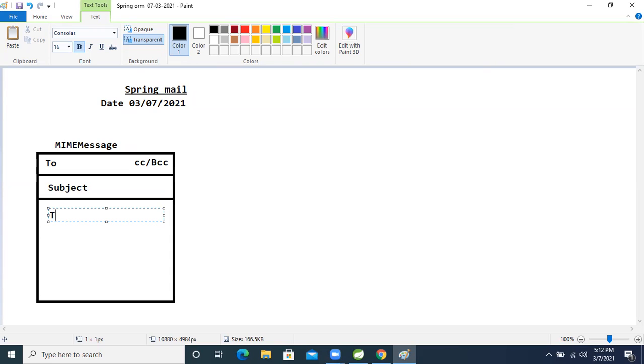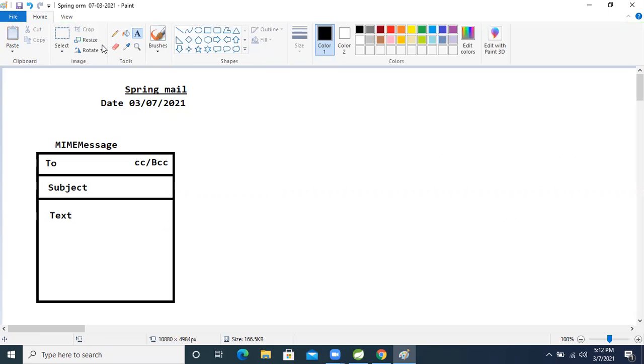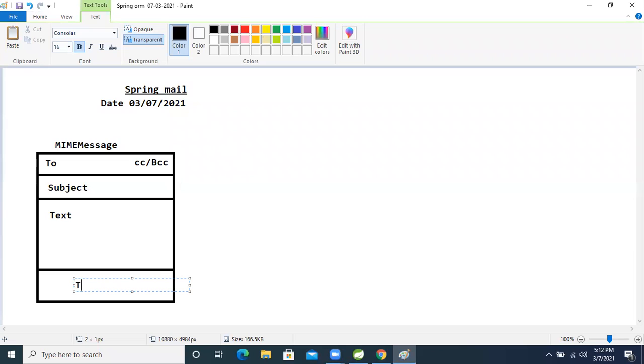For that text purpose we give a text field. If we want to attach something, for that we give an attachment field. After that we send, clicking the send button.